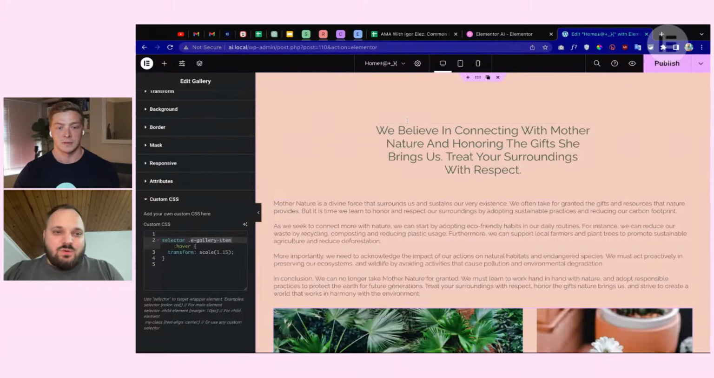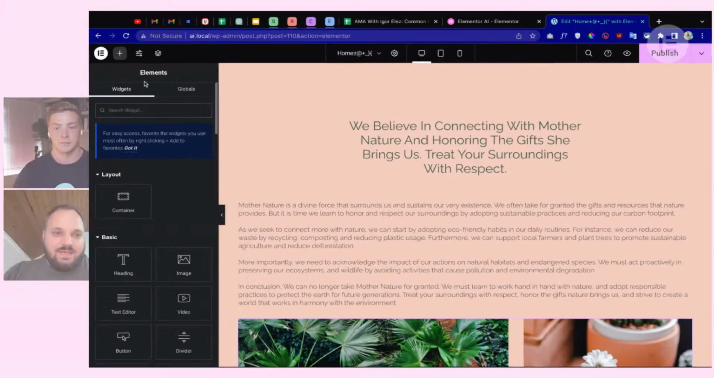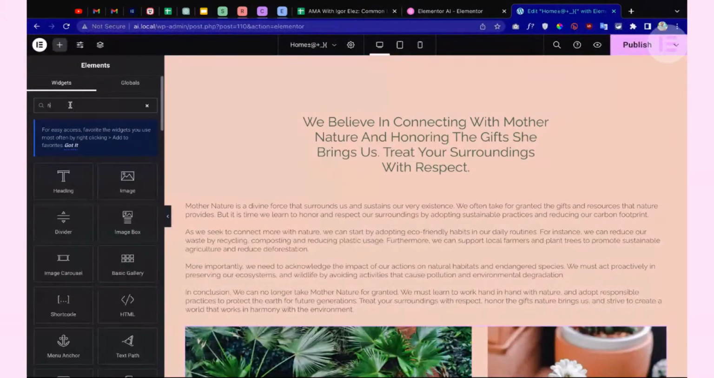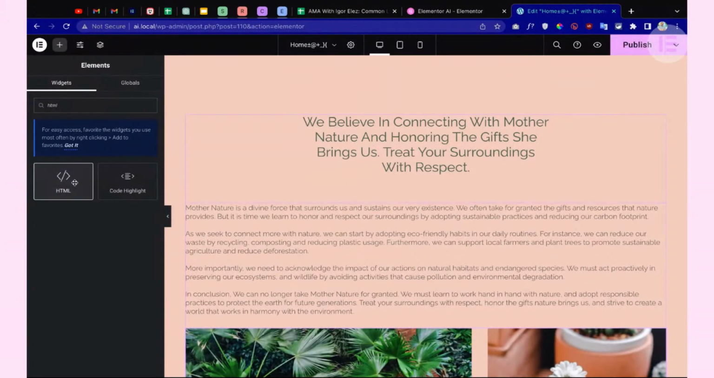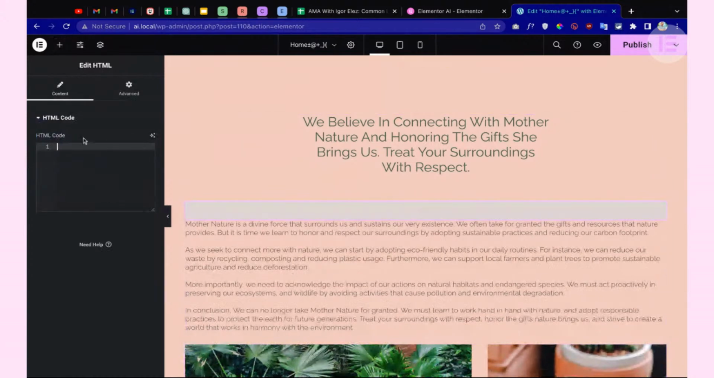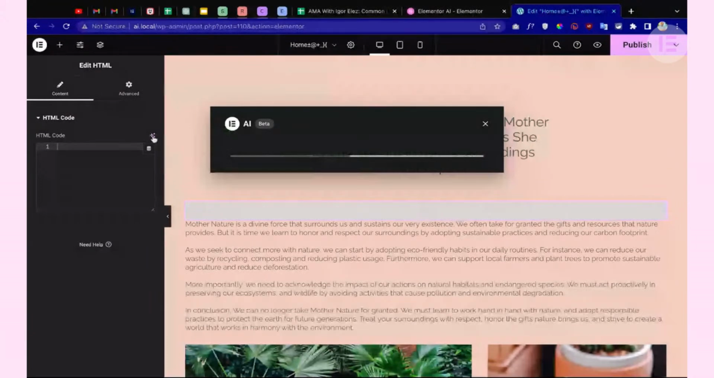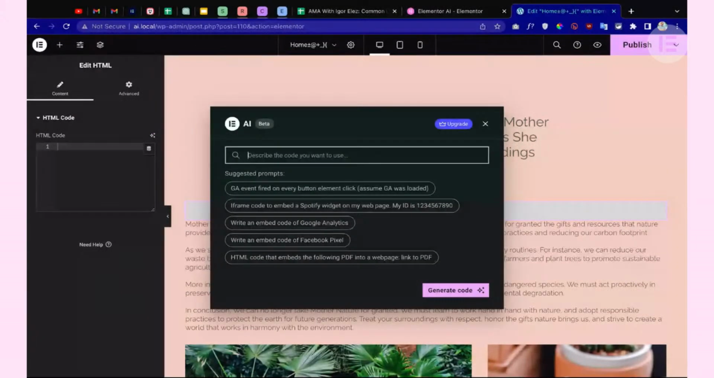Of course. So let's do that. If we add elements here and search for HTML, you can add it here. And now you have HTML code. You can click here, code with AI. So one thing I always get questioned in support, and this has been a long time now, that is